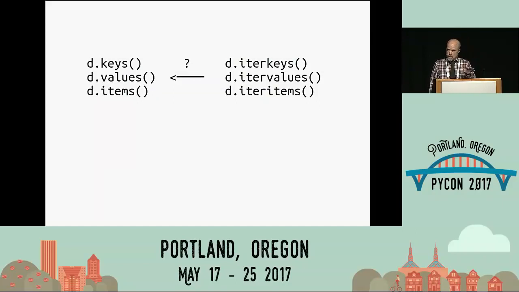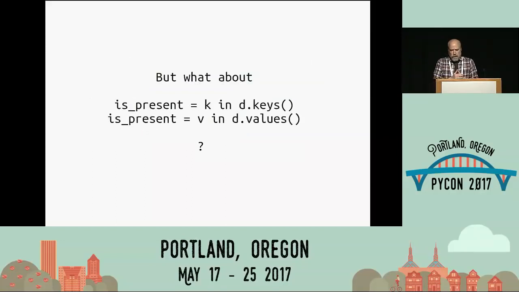And I honestly wasn't paying a lot of attention to the Python 3 transition since I still don't get to use it at work. And, who does? I kind of had thought, when I saw, oh, we've changed, keys isn't a list anymore, values isn't a list, I thought they had just changed the iter versions and renamed them to keys, values, and items. And then if we want a list in Python 3, you ask for a list. Very Pythonic, because you're being explicit, asking for what you want. It turns out that's not what they did.